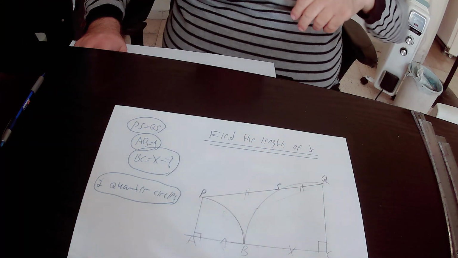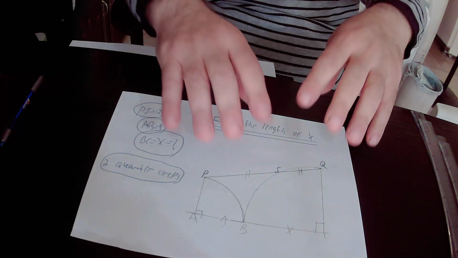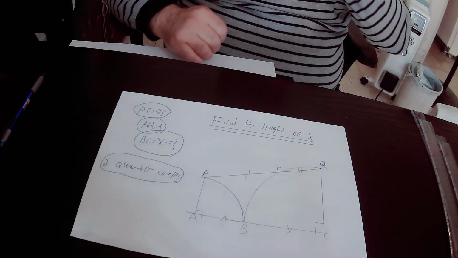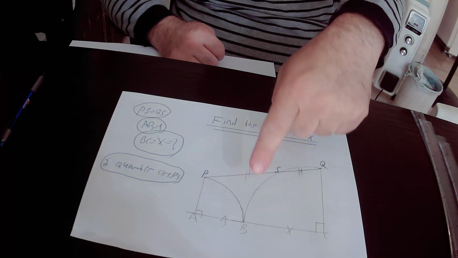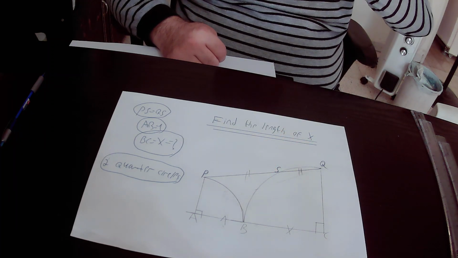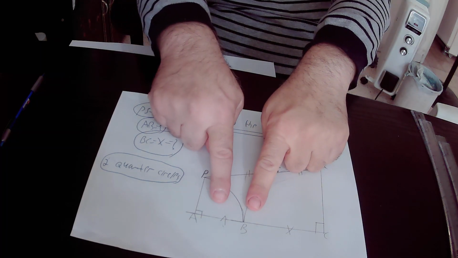Hello, in this lecture we will find out the length of line segment X. In the drawing we have two quarter circles. The two quarter circles touch each other here at point B. In addition, we know that line segment AB equals 1 unit in its length,